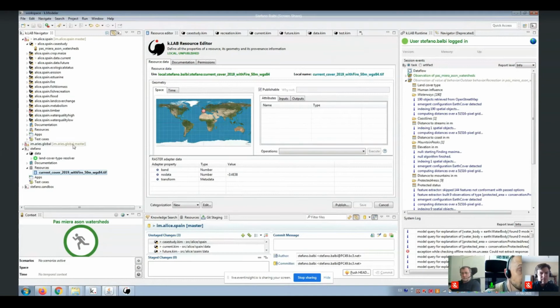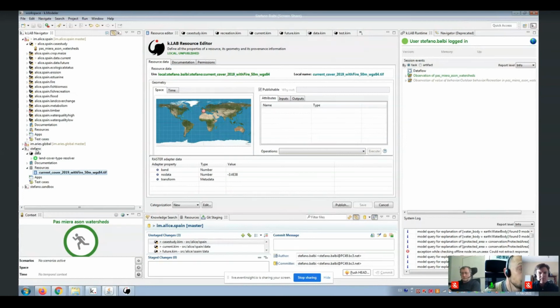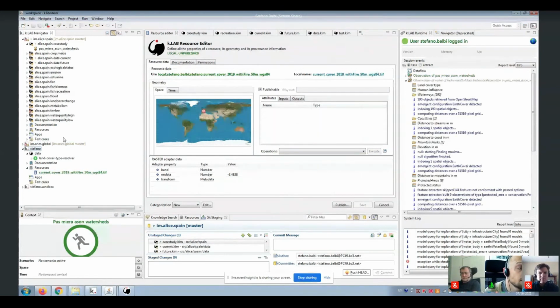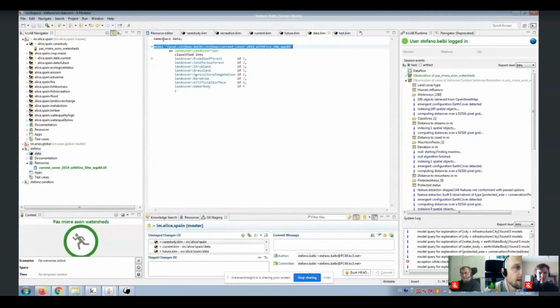The second thing that I want to stress is that in every namespace, you have the possibility to work in a way that whatever resource you are using can be fetched by the system, or you can make sure that the model is private, so it will not be used by the reasoner when resolving the concept, for example, land cover type in this particular case.